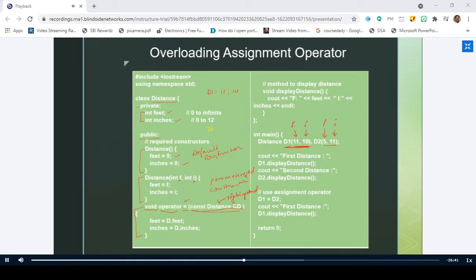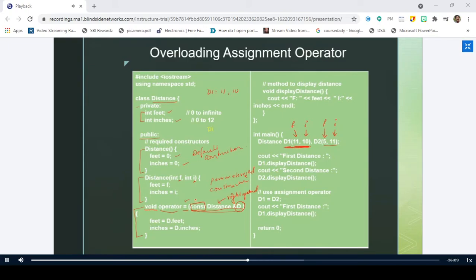So what does this D represent? Does it represent the right operand or left operand? Right operand, sir. Right operand. And what is this const keyword? What do we use this const keyword for?